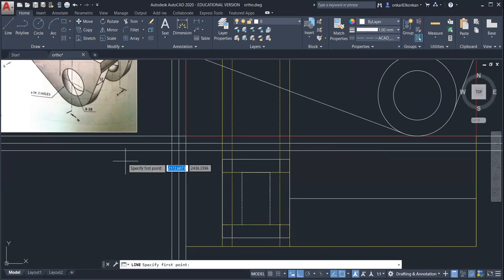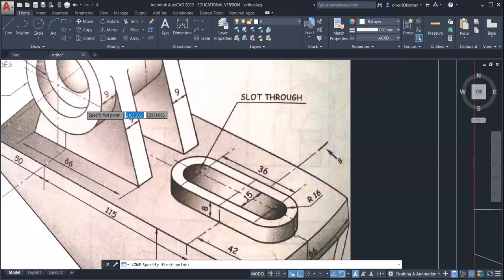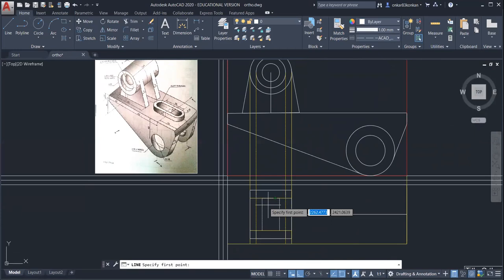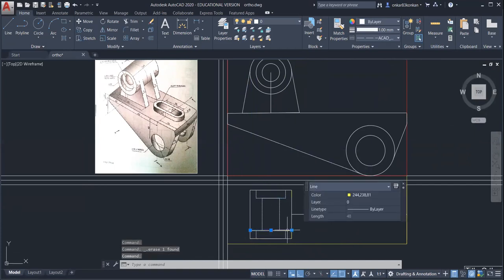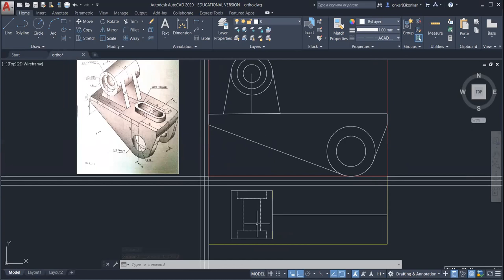And this complete line will be hidden. So you can observe here, this complete circular part will appear as a horizontal line, and that will be hidden. So this is the hidden line. Okay. Now you can delete this. Okay. So this is the top view for this cylindrical part.